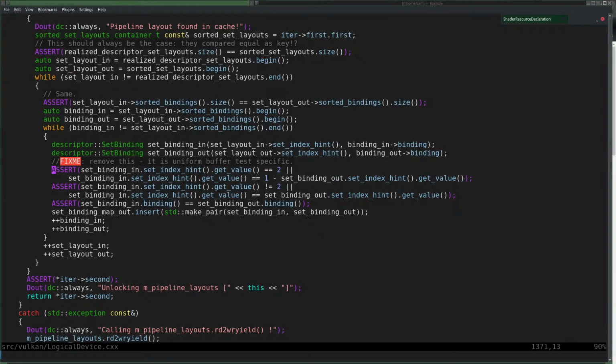It is an assert that says SetIndexHint is equal to 2, or, well, since it's an assert, it is apparently not 2, so it's probably 0 or 1. And then it must be reversed between in and out. So if in is 0, out must be 1, and the other way around. And that's not the case.